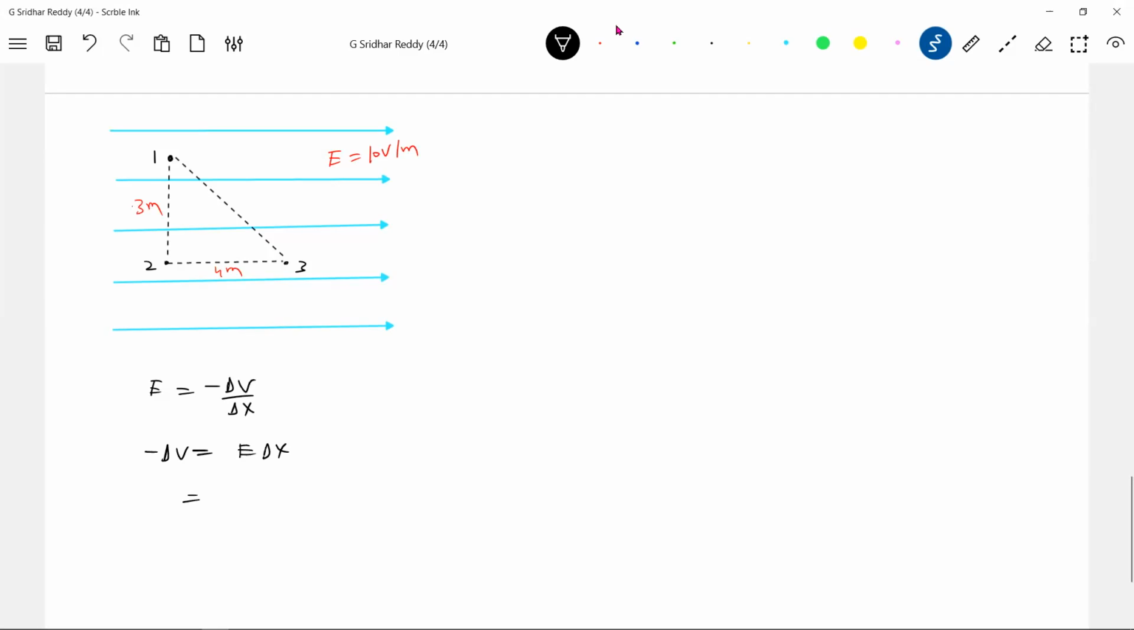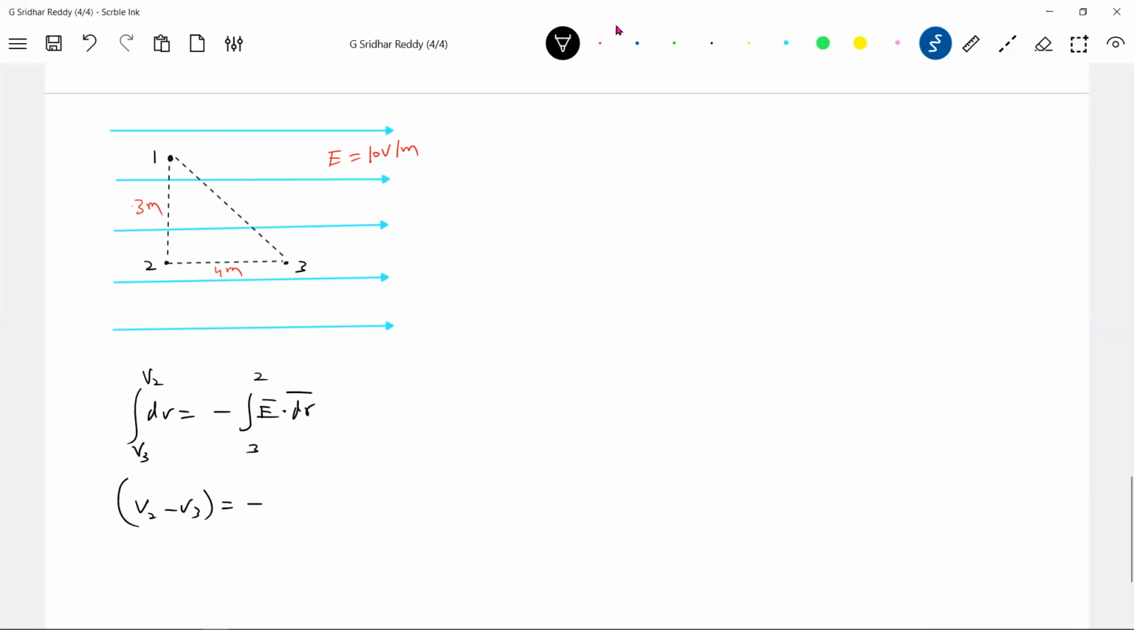And so what should we write here? I'll start with a basic definition. Our definition is dV equals minus E bar dot dr bar. Now let me find the potential difference between points 2 and 3. So V2 minus V3 is equal to minus of